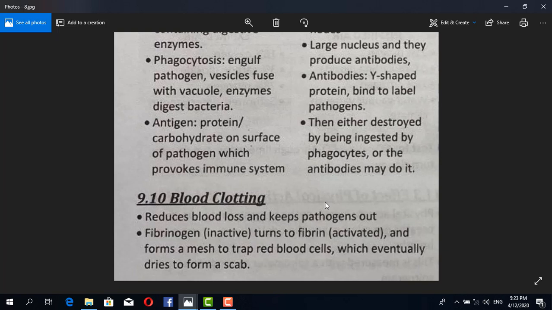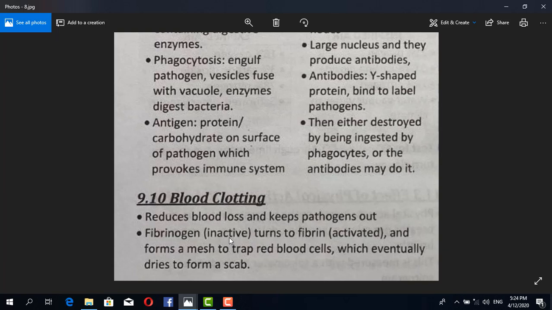It takes from 3 to 4 minutes max, and it starts clotting if it's just a normal scratch. Why does it do that? So it can reduce the blood loss and keep pathogens out. Because when you have the blood clot formation, the pathogens can no longer get inside of the scratch. That's why it's always necessary to check if you're not having the normal